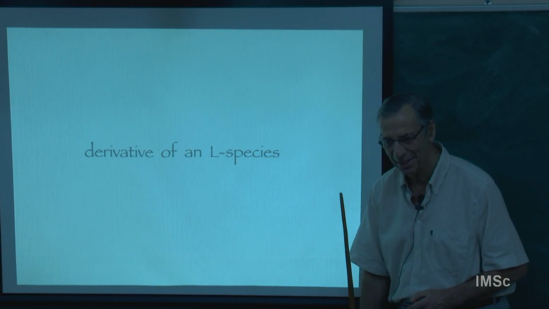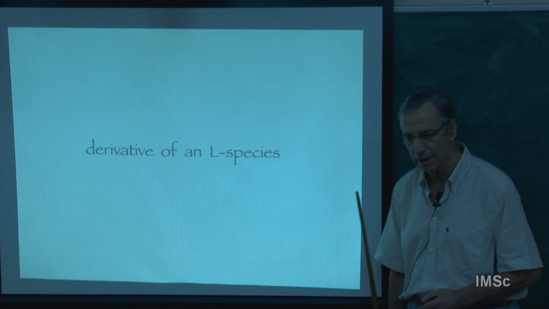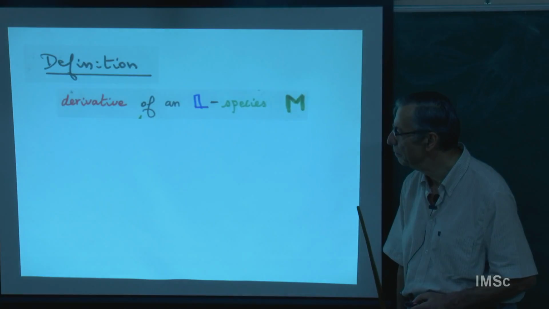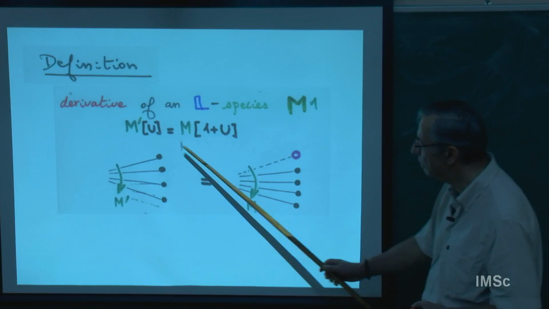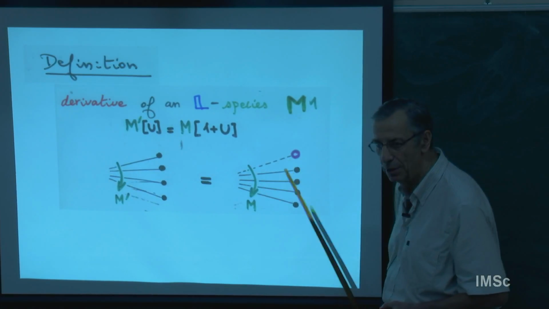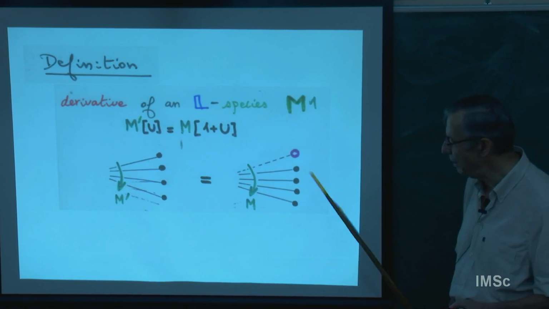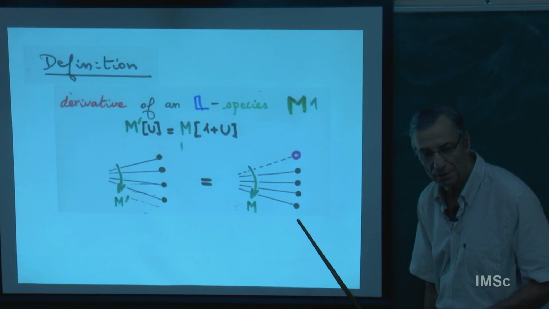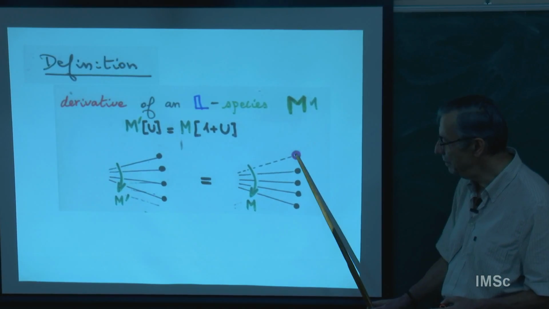So this is going to be different from the species we saw: the derivative and the integral, and this is going to be very interesting to solve differential equations. So the derivative on L species. It's as before. You have a set U, totally ordered, and then you add an extra point, and on the extra point you put an M structure. Except that now, because it's going to be totally ordered, the convention is that the extra point is going to be the minimum of the totally ordered set.